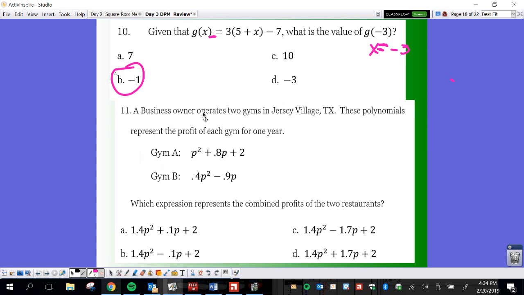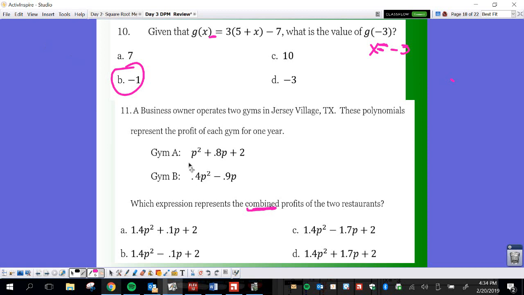It says a business owner operates 2 gyms in Jersey Village, Texas. These polynomials represent the profit of each gym for 1 year. Which expression represents the combined profits of the 2 restaurants? So combined here means we have to add them, right? Okay, so